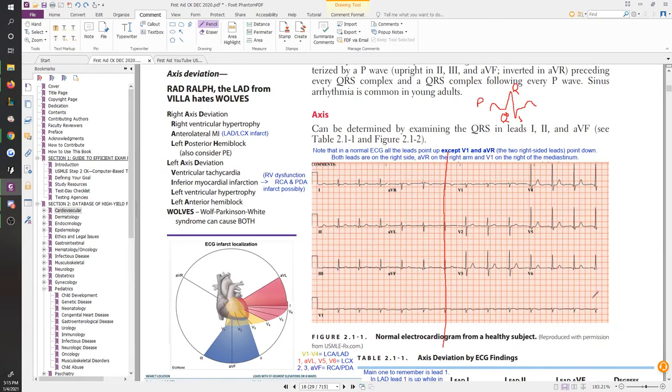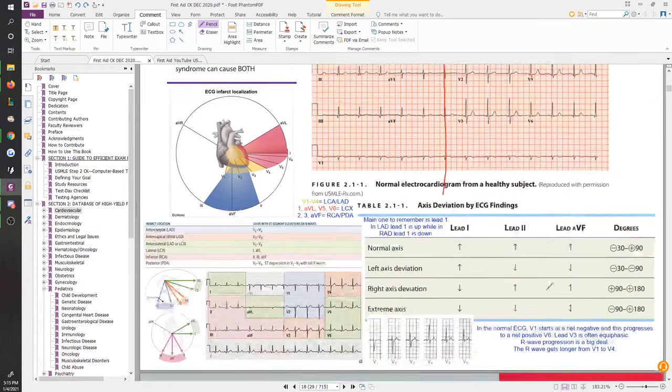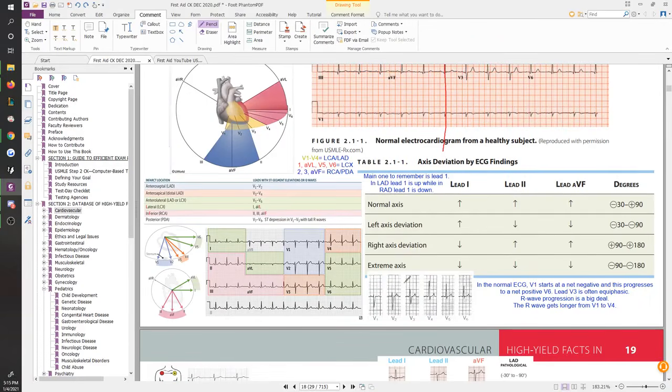So that's one thing you're going to look for. And we're going to talk about the R wave progression coming up pretty soon as well. This is another image here showing you the R wave progression, right? So you can see how in V1 it's down, and then it's slowly coming more up, right? And that's your R wave becoming taller as you go from V1 to V6 in this image down here, okay?